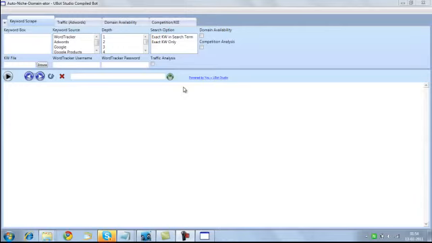It has the depth functionality as well. Suppose you have selected the depth as 2. In that case, if you type iPhone here, it will find all the keywords related to iPhone. And since the depth is 2, it will again loop through all those keywords that it has found to find further keywords related to those keywords. It also gives you a couple of search options, like exact keyword in search term or exact keyword only.